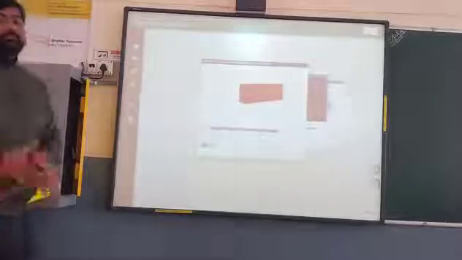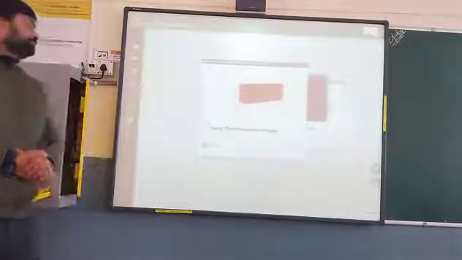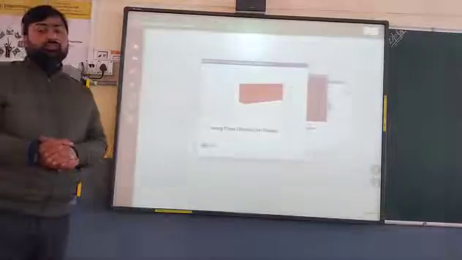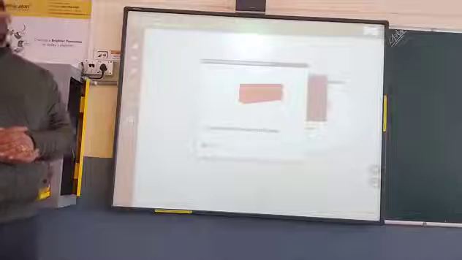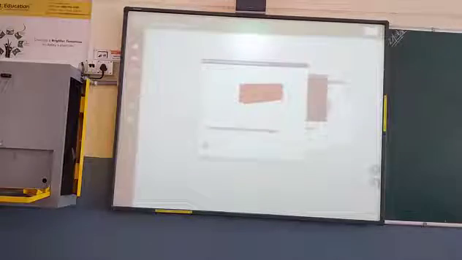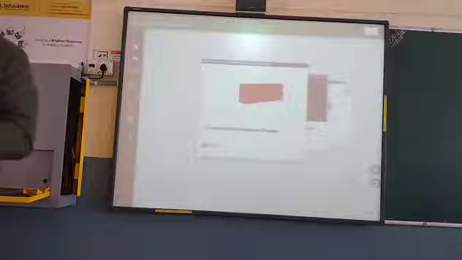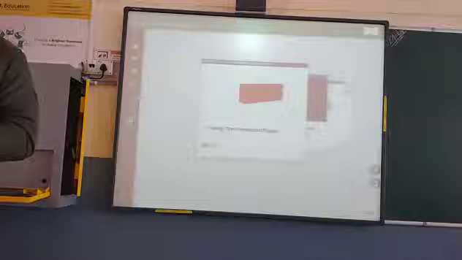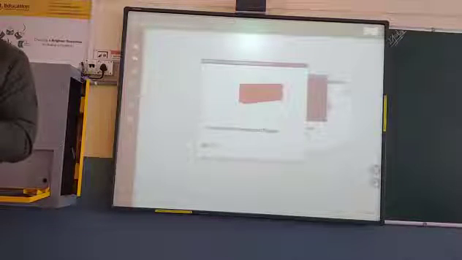So children, our last chapter is visualizing solid shapes. In this chapter, we will see some theory portion before the videos, so it will be much better understood. And in this chapter, what we are going to learn is regarding the 2D shapes like triangles, circles, squares, parallelograms, and then the 3D shapes like cubes, cuboids, cylinders, cones, all